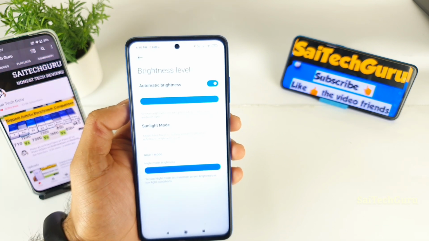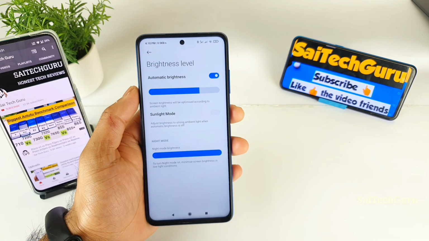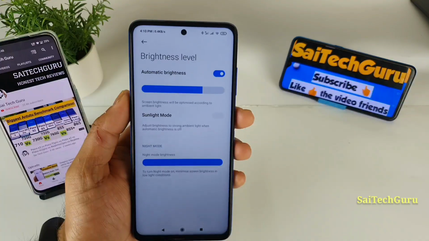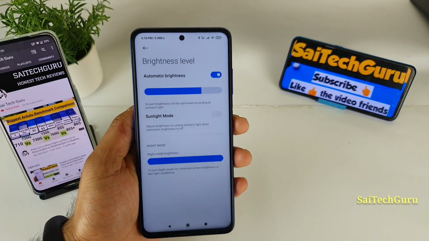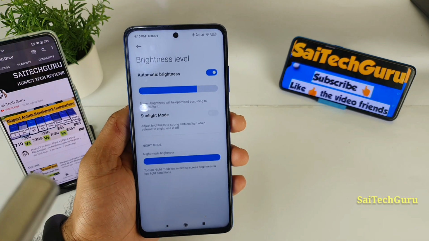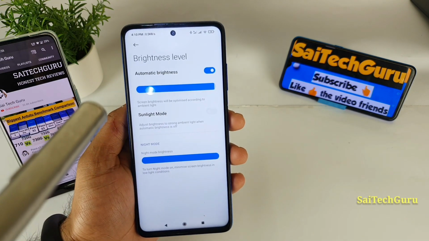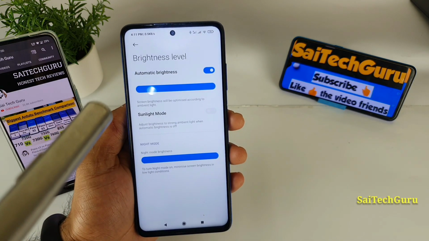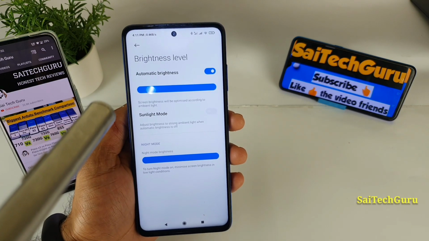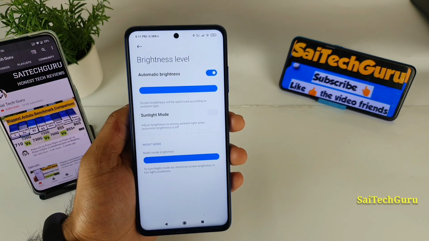At the maximum 100% brightness, the phone will get slightly brighter. So let me try to demonstrate again. As you can see friends, this is a normal lighting condition. Now let me try to use this flashlight here. Just observe how it is increasing. As you can see, the last 1% did increase the brightness a lot. That is what I did observe friends. Now let me try to move apart.